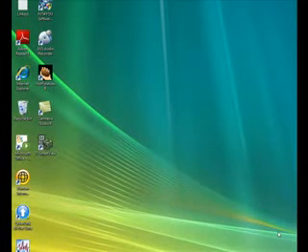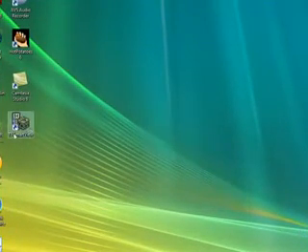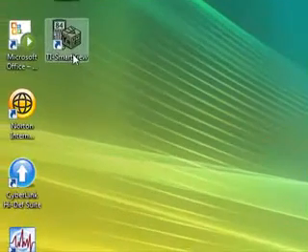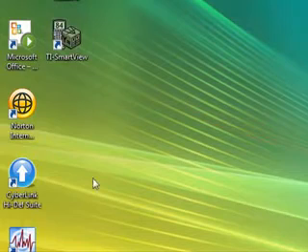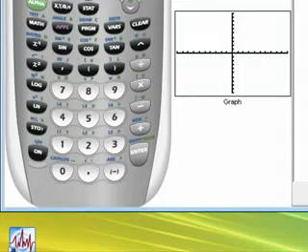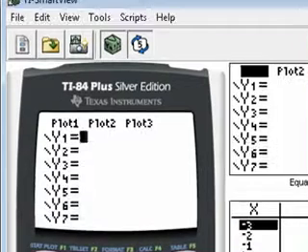Hello, today I'm going to show you how to use the TI Smart View calculator. In your classroom, this is a great tool. Once you've loaded it onto your computer, you can use it to project your calculator onto a screen or a smart board, interactive board, so that the students can see you use the calculator, and that way they know how or what keys to press and how to best use the calculator without you running all around the room trying